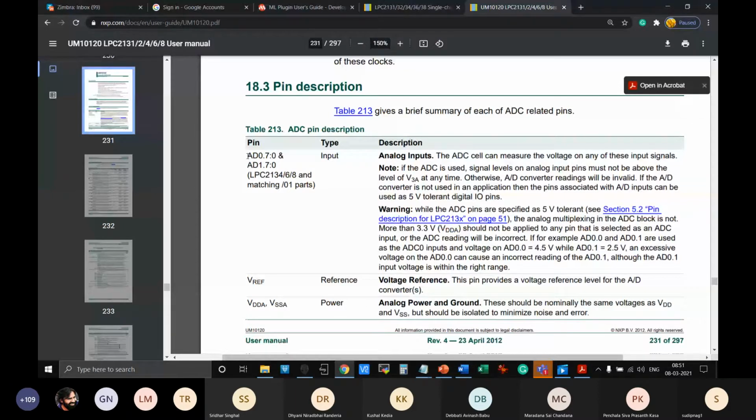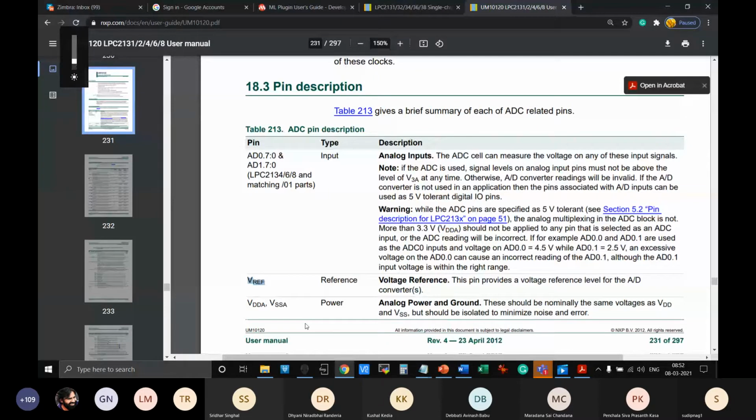Then you can set the VREF. Now, there are two different types of VREF in this microcontroller, as in most mixed signal microcontrollers. There is an internal VREF, and there is also a provision for an external VREF. The internal VREF is a fixed value. It is typically 2.5 volt or 3 volt, depending on how the manufacturer has designed it. Or externally, you can apply the VREF and override the internal VREF. In this case, this VREF indicates the external pin which is available in the microcontroller.